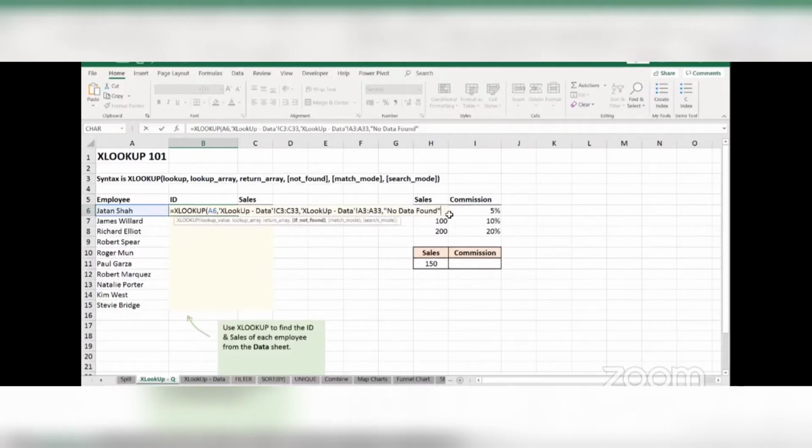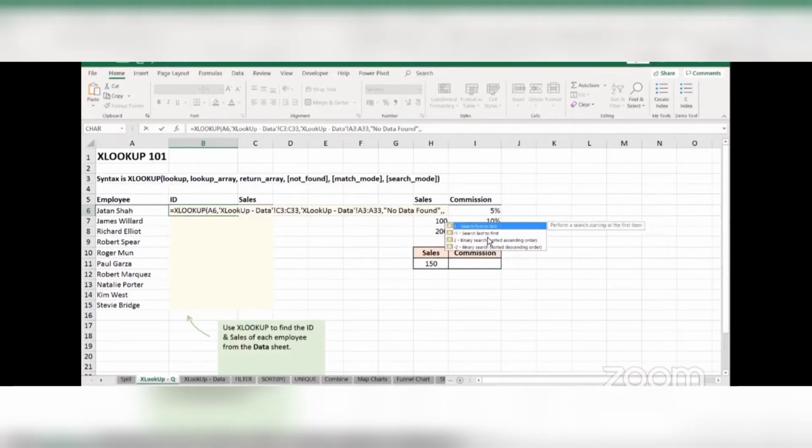So if I go here, before closing my bracket, let's remove the bracket. I will press comma. I move on to the match mode. For now, let's skip the match mode. I'll press comma again, and I will go to the search mode. In the search mode, I have four options. We will be concentrating on the first two. The last two are basically for speed efficiency purpose, and it does the same work as the above two. So that's not really required right now. Let's focus on the first two. The first one is first to last, and the second one is last to first. So we have the option of selecting how XLOOKUP will find our match.